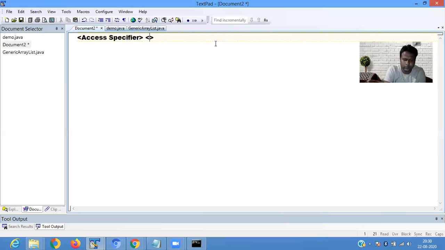The next is your return type, then your function name. Then in brackets you can define the parameter.